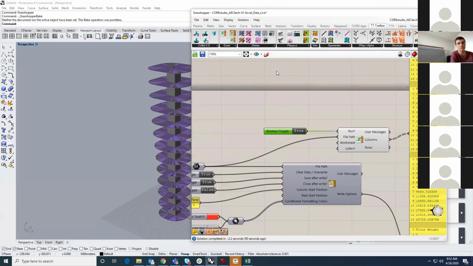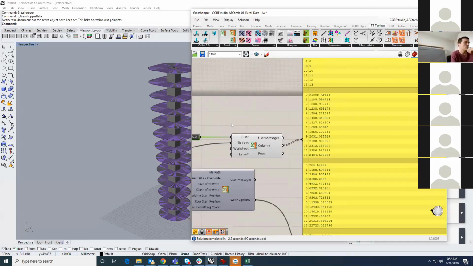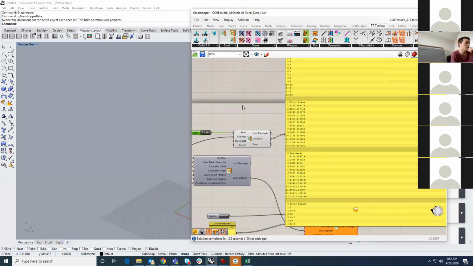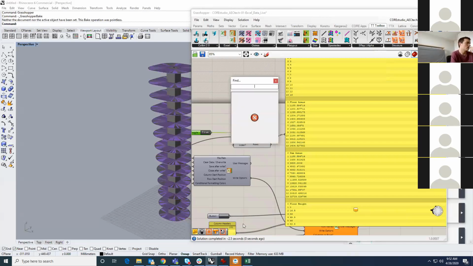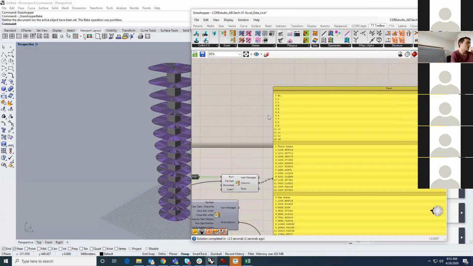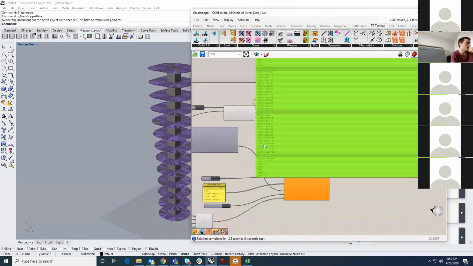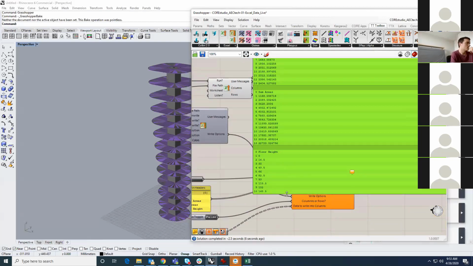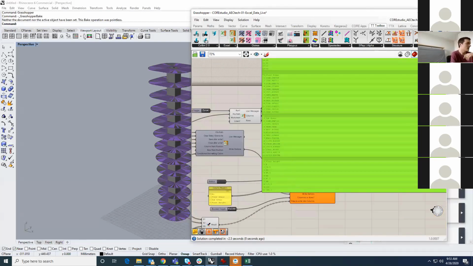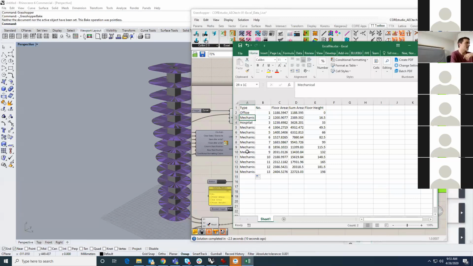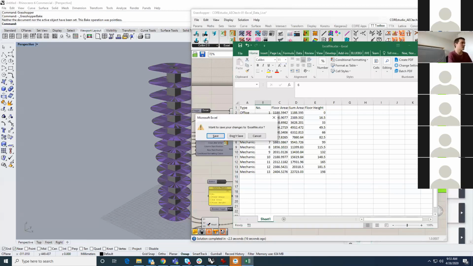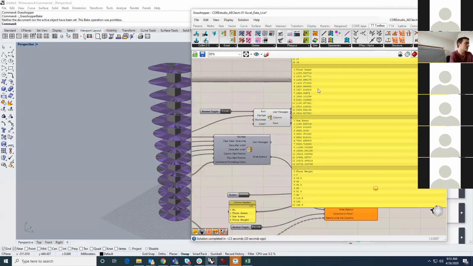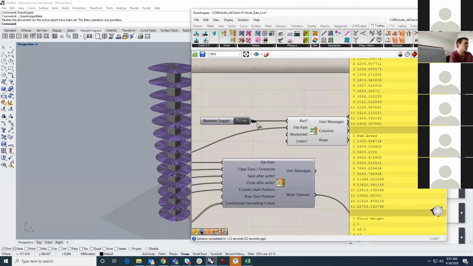So if I recompute, it's going to rewrite all the data to Excel, and then it's going to pull out the same data. So that doesn't work either. That's why listen is fairly important. If I set listen to true,